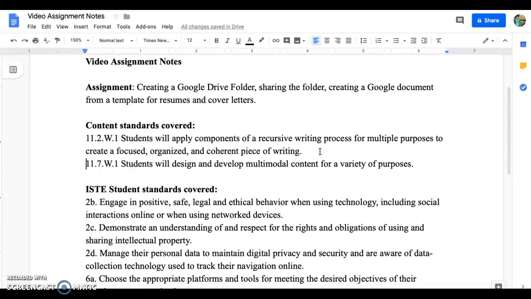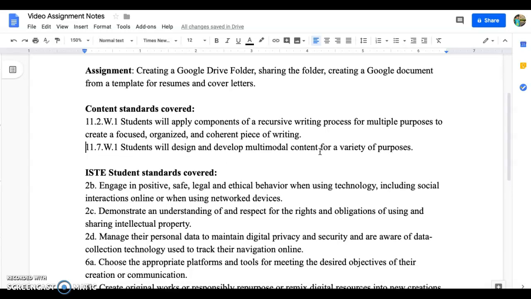I will be creating resumes and cover letters to share to me and then to edit in the future as well. 11.7.W1, they will design and develop multimodal content for a variety of purposes. Again, while this assignment is for me for our English 3 class, this will also be something that students can